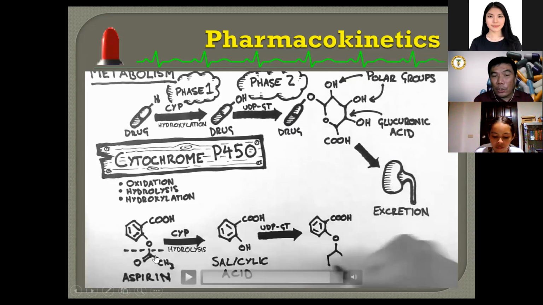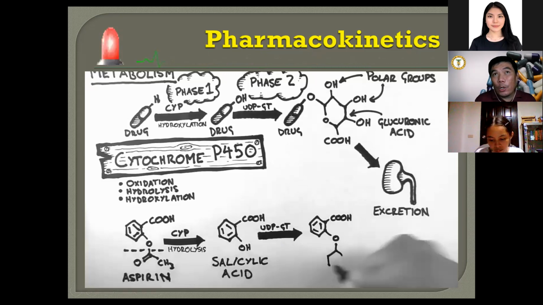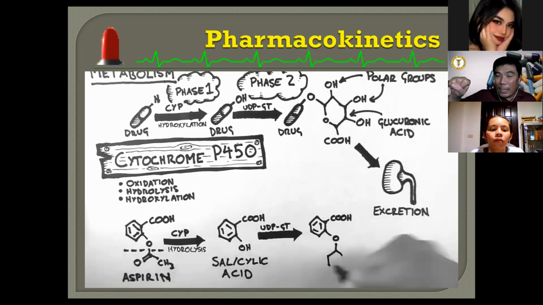So the one being mentioned by the facilitator here is aspirin. Aspirin is an anticoagulant drug. What do you mean by anticoagulant? Because if we say coagulation, the blood becomes a clot, di ba? Try to imagine that the blood becomes a dislodged clot. Do you think that if the blood has a dislodged clot, it may cause obstruction to a blood vessel? Yes, eventually.